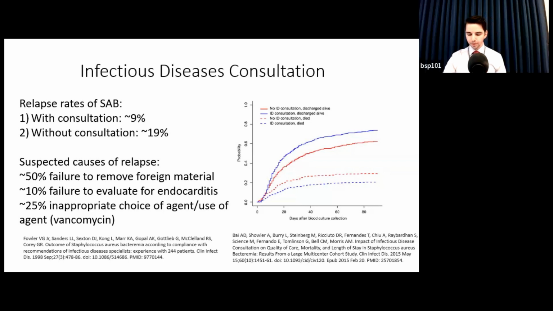And the benefit, 40, 60, 80 days out on mortality has to do with monitoring for recurrence. It has to do with monitoring for relapse, has to do with monitoring while on treatment. And so because of this, a lot of institutions require ID consultation when a patient is diagnosed with Staph aureus bacteremia. And so you will see on the micro reports, if a blood culture goes Staph aureus, we'll say down at the bottom that ID consultation is required. And this is why. There's good data to support.